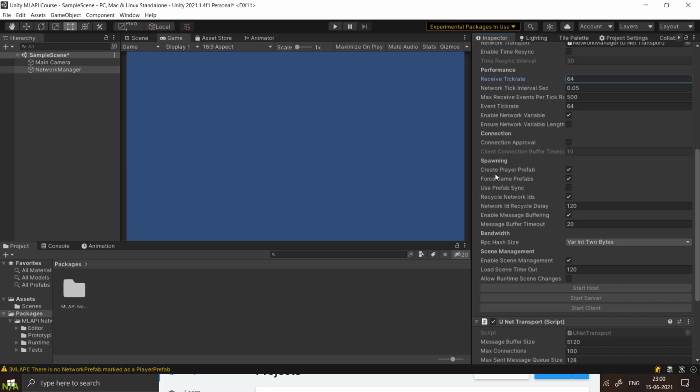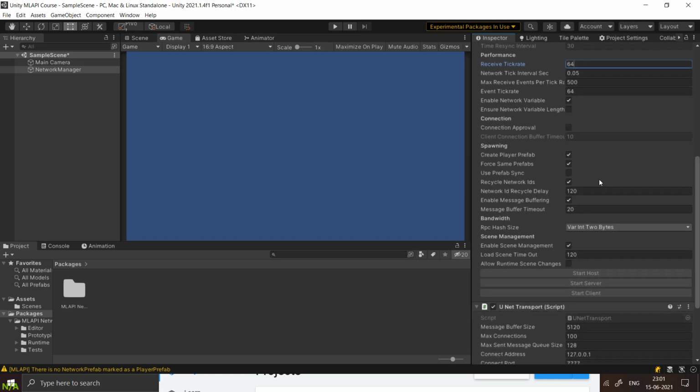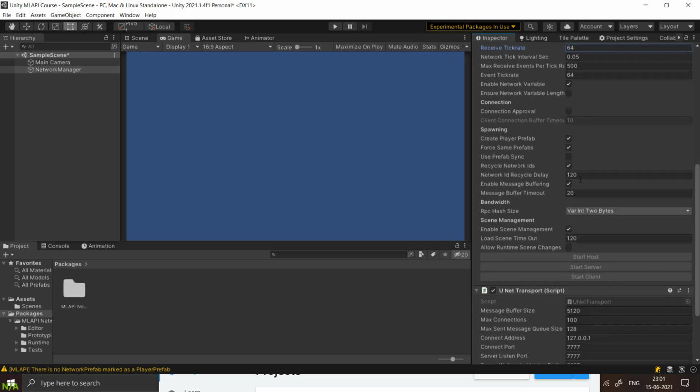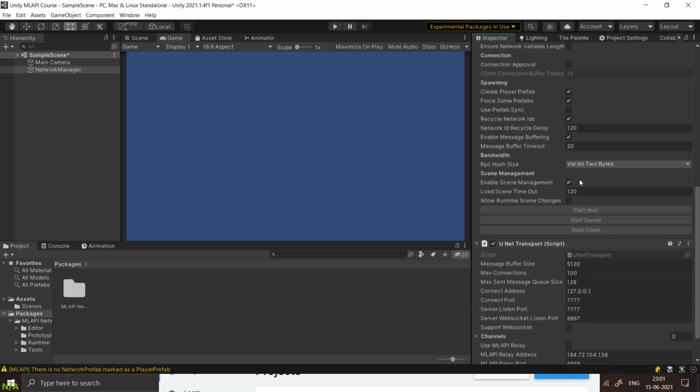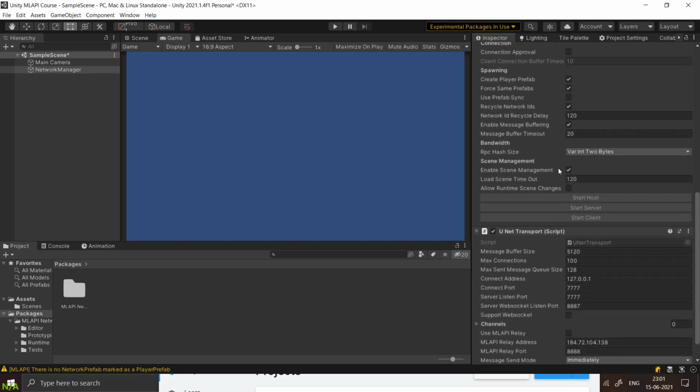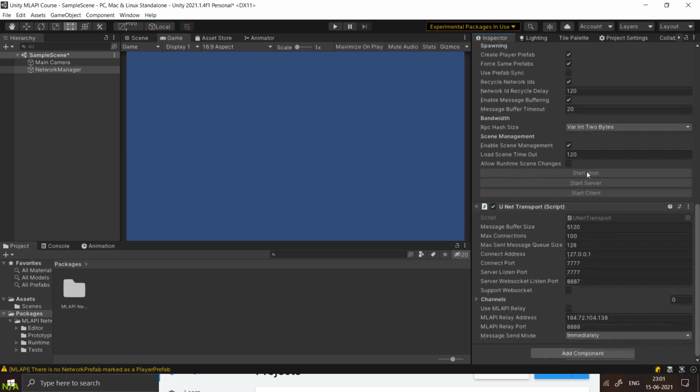Whenever a client connects to a game, a player prefab will spawn, which is the default player prefab that you have taken. Same for prefabs. Use prefab sync means every object that you declare should be a prefab. Don't go into details of all these; I'm just explaining so you know what your script is. Scene management allows you to change scenes.